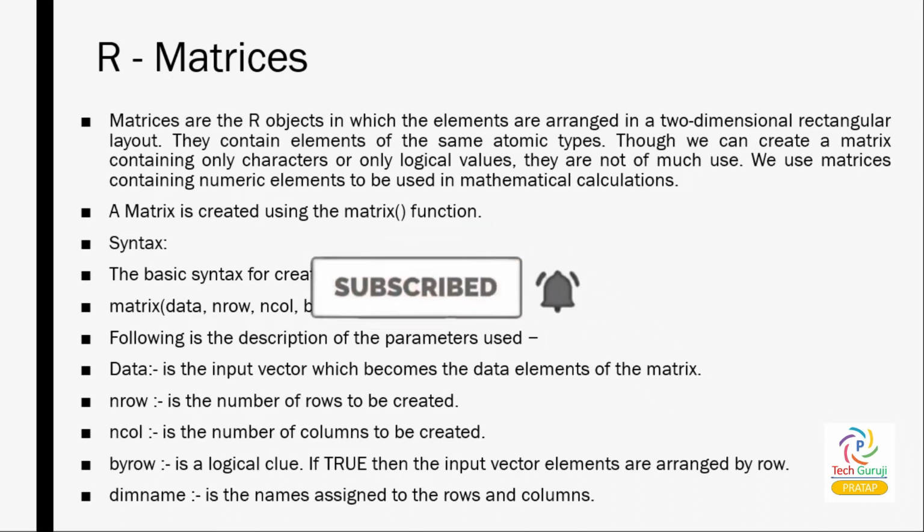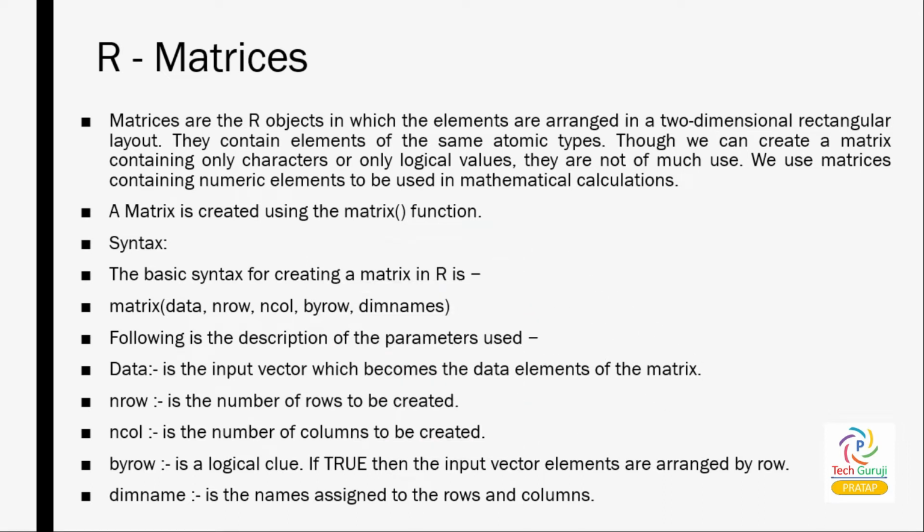A matrix can be created using the matrix function in R. The syntax of the matrix function is matrix, round bracket open. The first part we have to take is the data. What is the data? Data is nothing but a vector, the input given to the matrix, or we can say the elements given to the matrix, comma, nrow is the number of rows to be created, comma, n